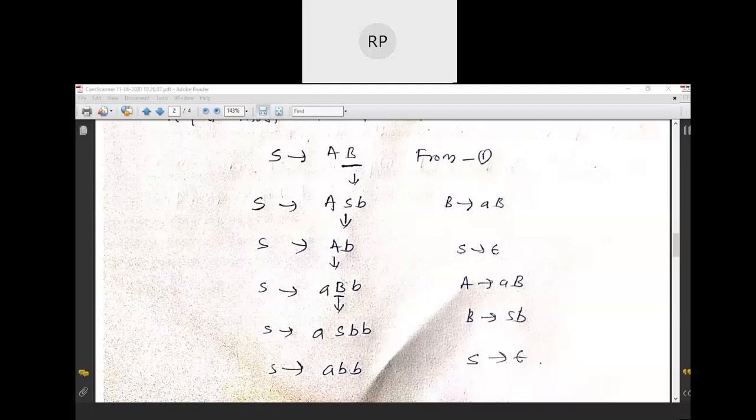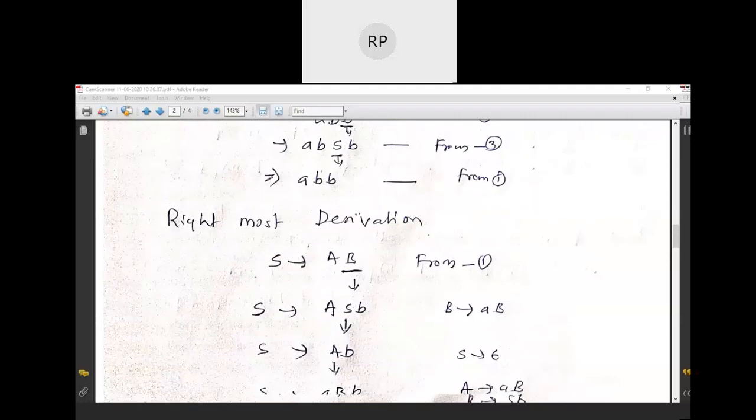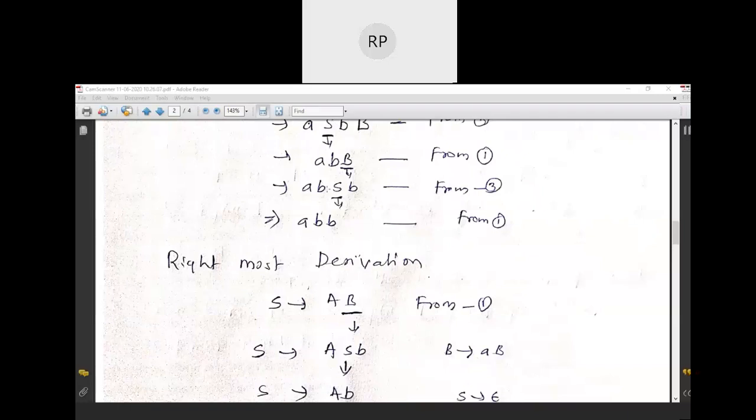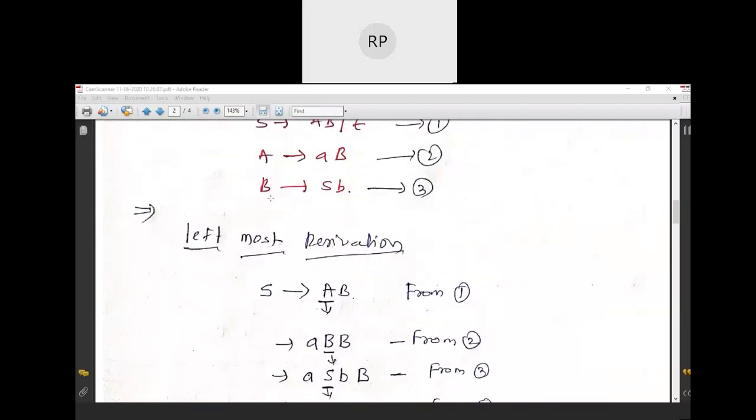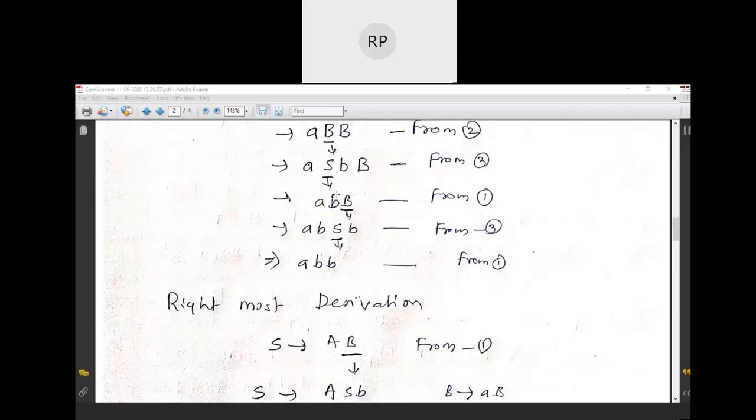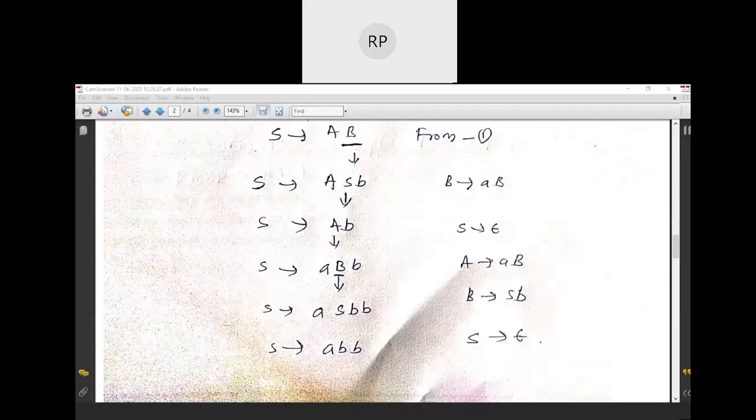This capital B is non-terminal, meaning it has to be replaced. Now B can be replaced with what the rule says, B can be replaced with SB. You replace B with SB. Then the resulting string will be aSBb, because you have replaced this B with SB.